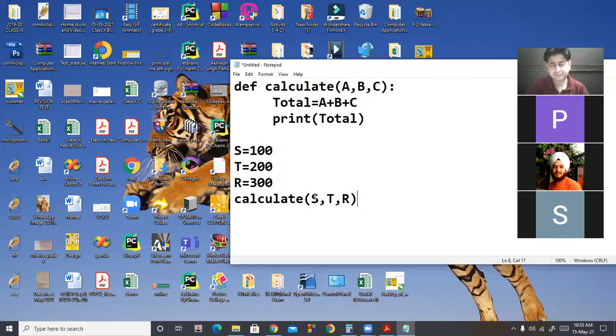Next is named argument, या फिर इनको कीवर्ड आर्गुमेंट भी कहते हैं, जिसमें हम क्या करते हैं कि फॉर्मल पैरामीटर को कौन सी वैल्यू मिलेगी वो लिख देते हैं.